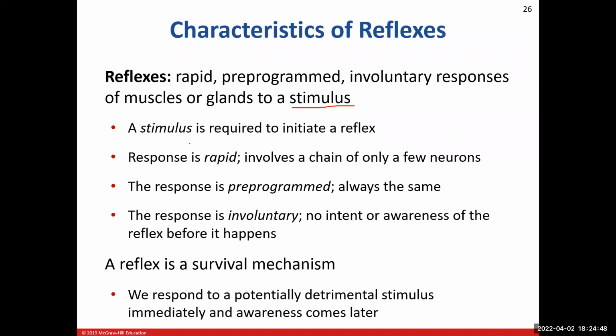Okay, so reflexes are, yes, rapid. The fewer the number of neurons in a chain, the quicker the reflex. A monosynaptic reflex will be faster than a polysynaptic reflex. Our reflexes are also pre-programmed, which means they will be the same every time they occur. And these reflexes are going to be involuntary, right? You will not be able to consciously prohibit the reflex to occur.